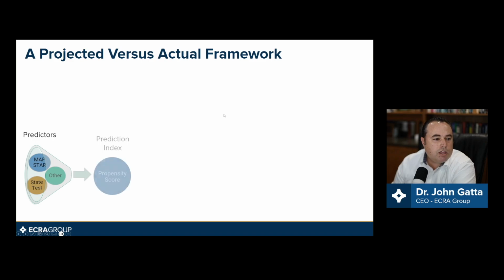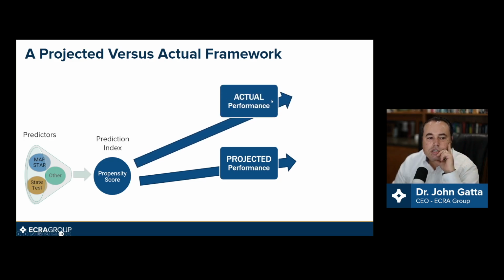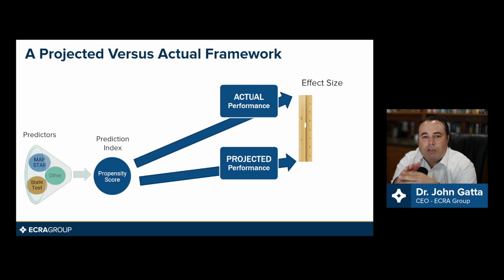And the way this works is the model learns from all of these data, and it creates a prediction index. In the example we're doing today, ECRA calls this a propensity score. Then they can use that to project out into the future the likelihood that a student is going to meet certain milestones, and then they can follow the student to see where the student actually performed. Now you have a way of not only projecting and intervening earlier for a student, because you know the learning trajectory they're on,